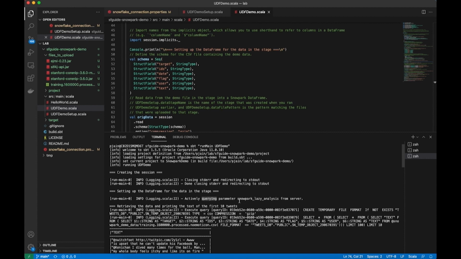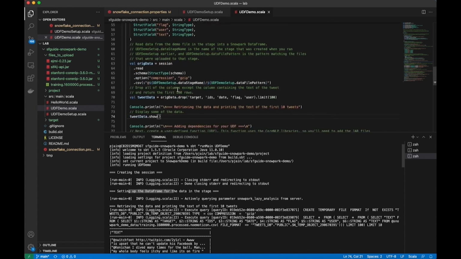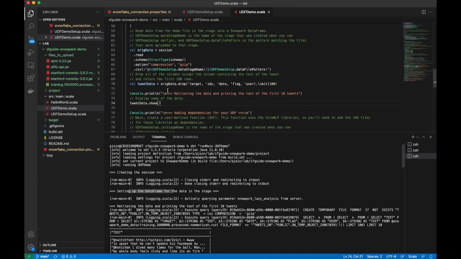After this, it says actively querying parameter Snowpark lazy analysis from server. So basically, yes, you have a connection, but you're going to lazily evaluate all the pieces of code that you have written, so setting up the data frame. So basically, up until here,